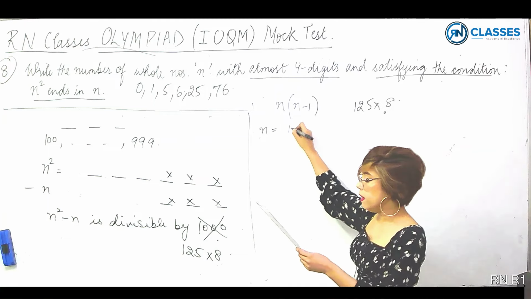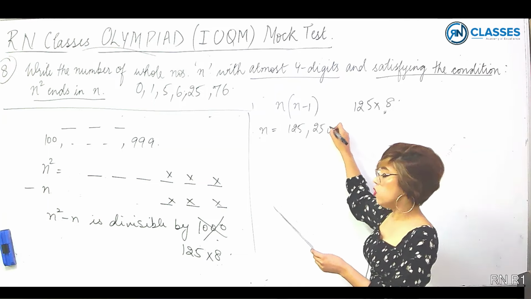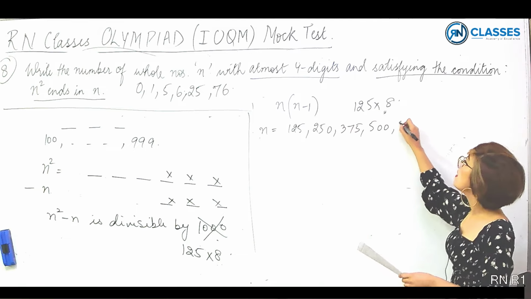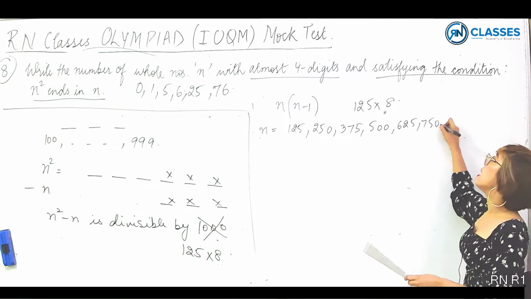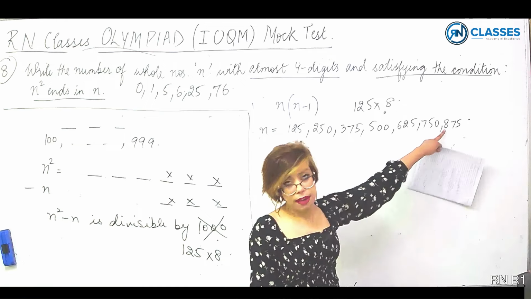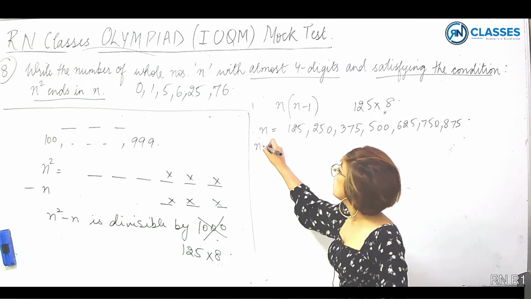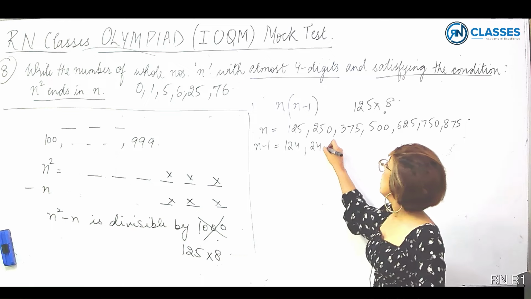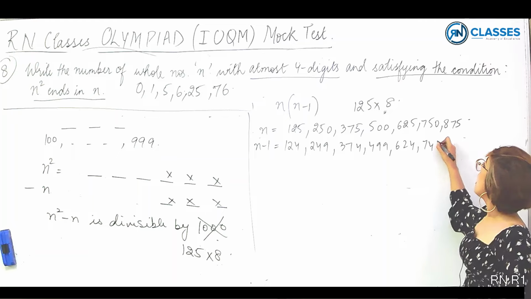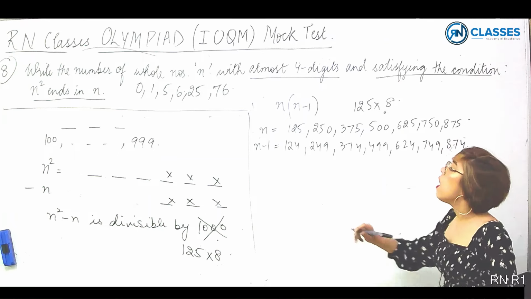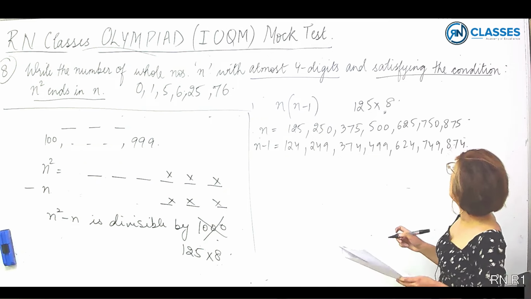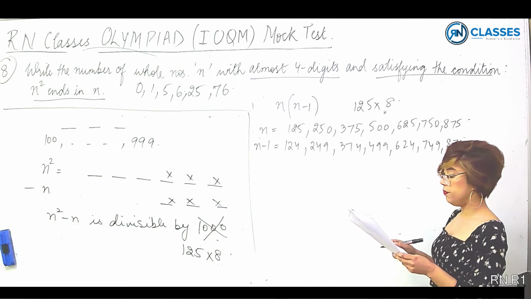So, n can be 125. It can be 250, 375, 500, 625, 750, 875. Now, n cannot be greater than 999. So, that is why I have stopped at 875. Done? Now, obviously, n minus 1 is 124, 249, 374, 499, 624, 749, 874. Right? Now, out of this, you need to check which numbers are divisible by 8. Right? And it turns out, n minus 1,